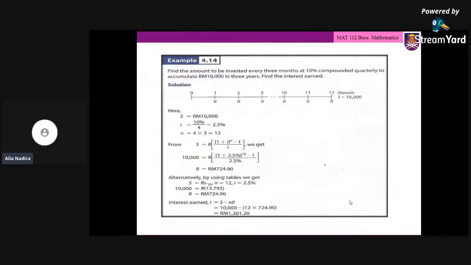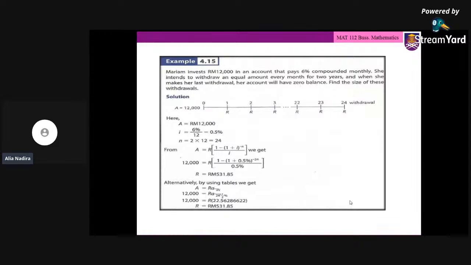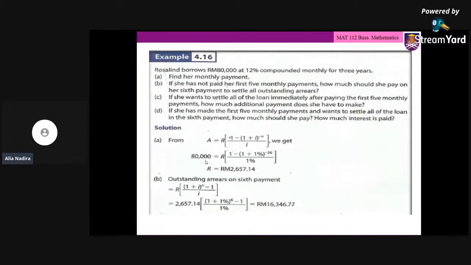So this one is the same as previous sebelum ni. Okay, so it just this one. Kita dah tahu the value A, tapi kita nak cari R. Okay. Sebab dia dah cakap kat sini, invest 1,000. Find the size of this withdrawal. So dia nak tahu setiap kali dia keluar duit tu berapa amount. So dia nak cari R actually. Okay, so this one is sama dengan yang case Hani tadi. Okay, outstanding area. So C alone. Okay, yang sama je dengan Hani tadi, this one.